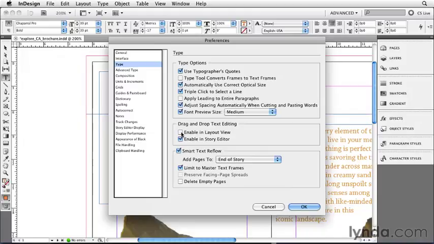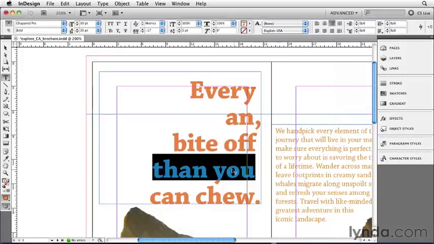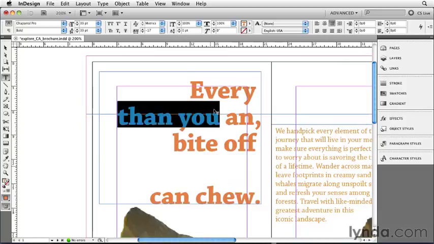So if you turn this on, just click in that checkbox, click OK. Now suddenly you're able to do drag and drop. You'll even notice that the cursor changes a little bit to indicate that now that I have text selected, I can click on it and drag it wherever I want to put it and then let go, and it will drop it right there. So editing text right on the document page here in the layout view is acceptable,